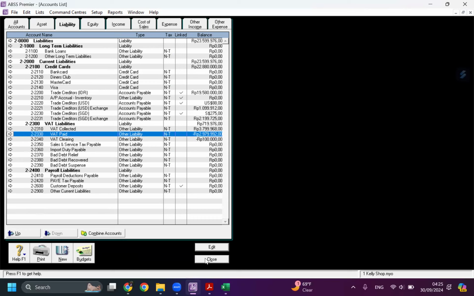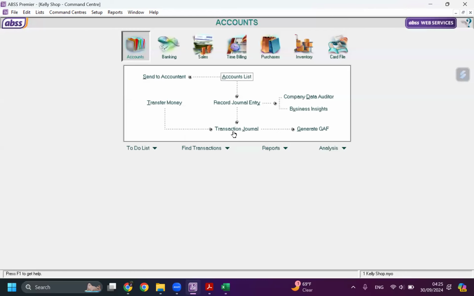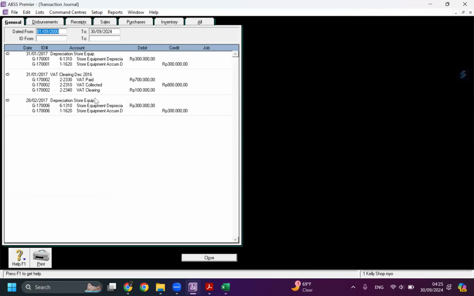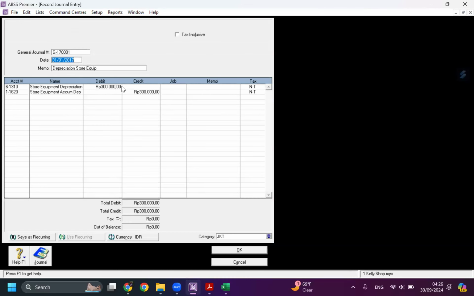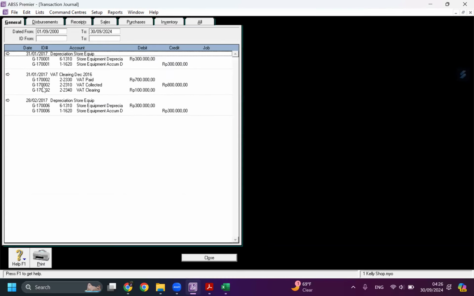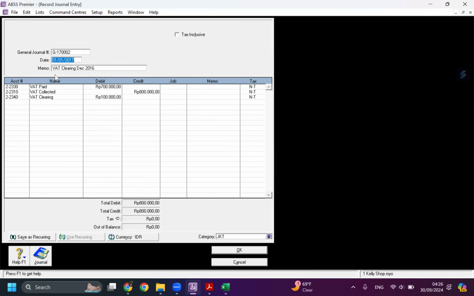We can see VAT clearing is negative 100 because we already made the journal.